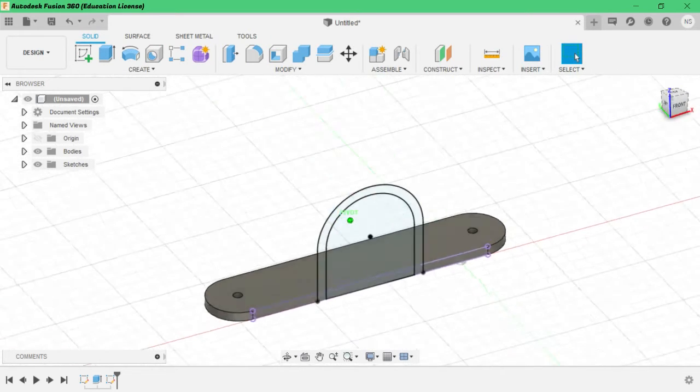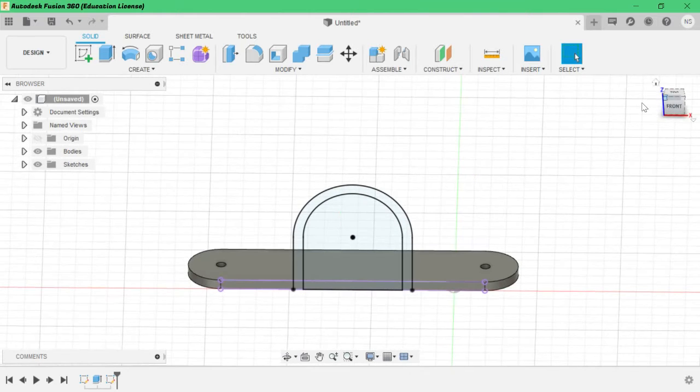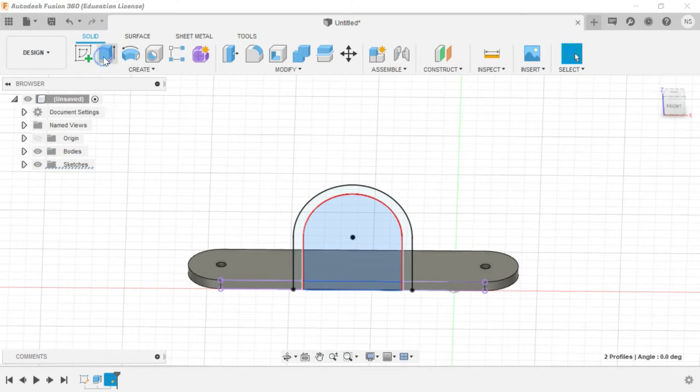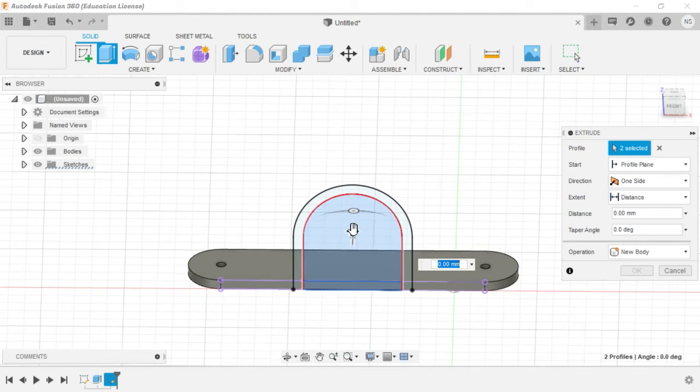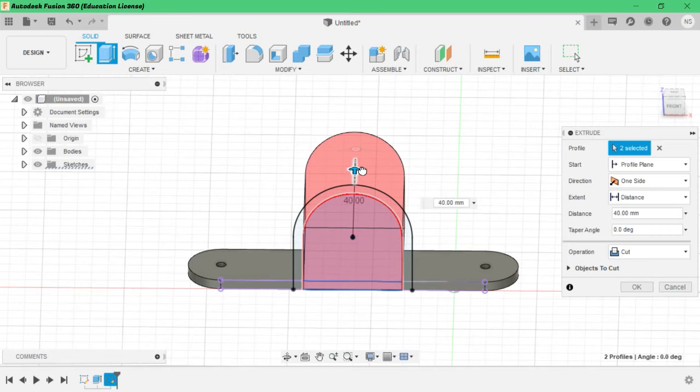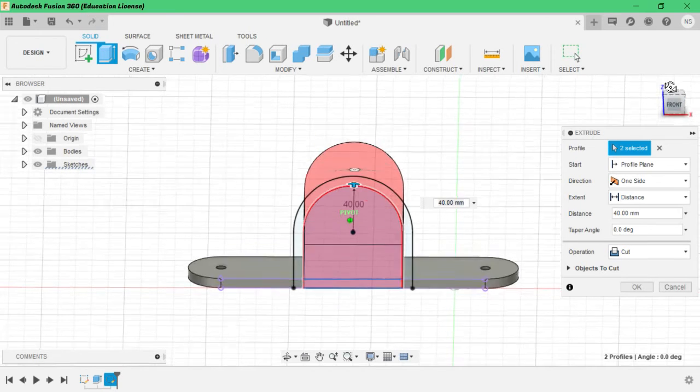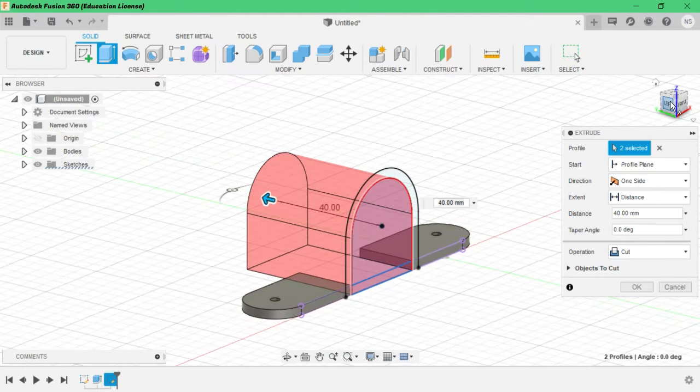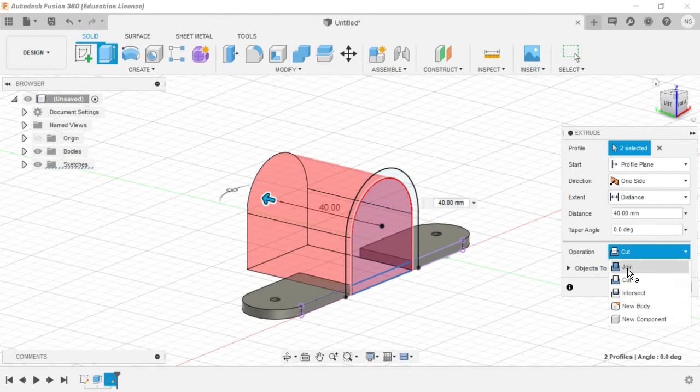Now you got a plane. So again you have to extrude these things. Click on this area and again click with pressing the Ctrl key. Click on extrude. See, we have to do cut extrude, not join.